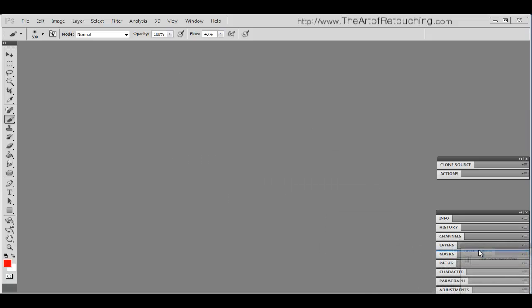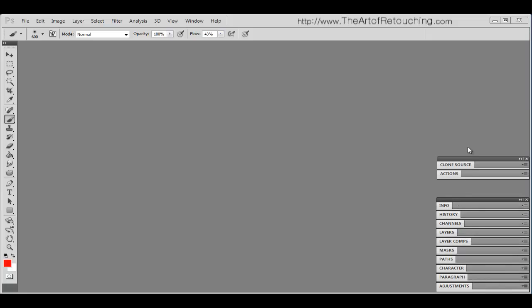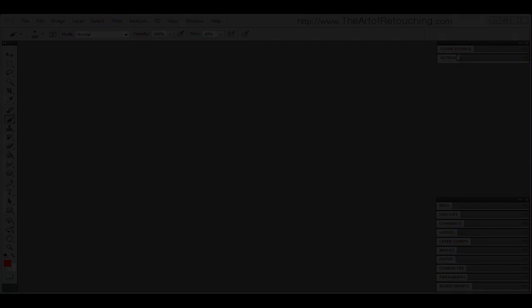I can drop that underneath the layers and above the masks. Double click, bring it up, and bring it up. So now the next one to work on is going to be clone source. Once again, because clone source is part of